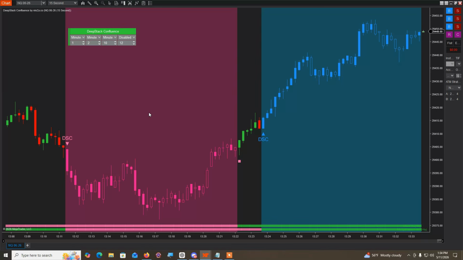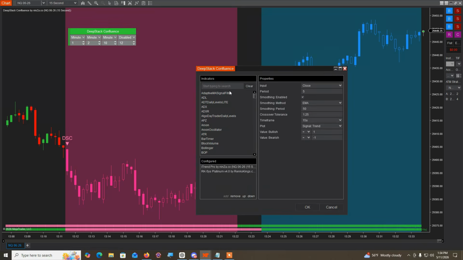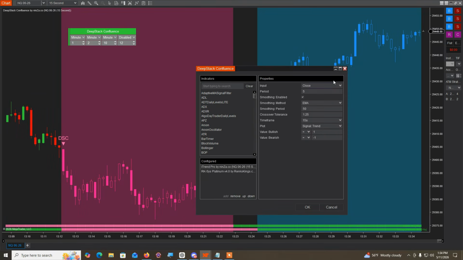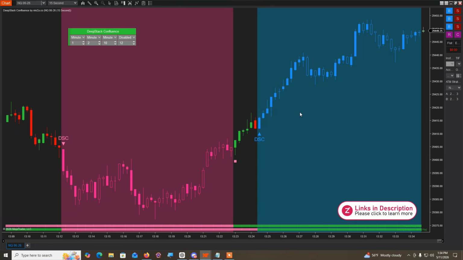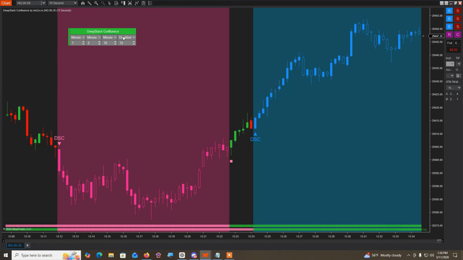And then what this tool does is it identifies situations when there is an agreement not only between the indicators that you chose to input into the strategy, but also making sure that the condition also agrees with the different filters, time frames that you selected. Now you don't need 4, you can disable 1 and then have only 3. You can disable 2 and only have 2 time frames, or you can disable 3 and then only filter by